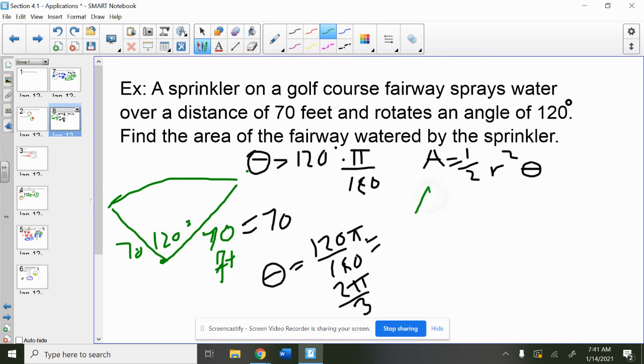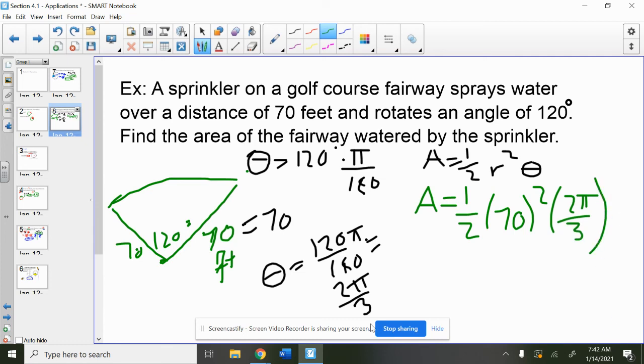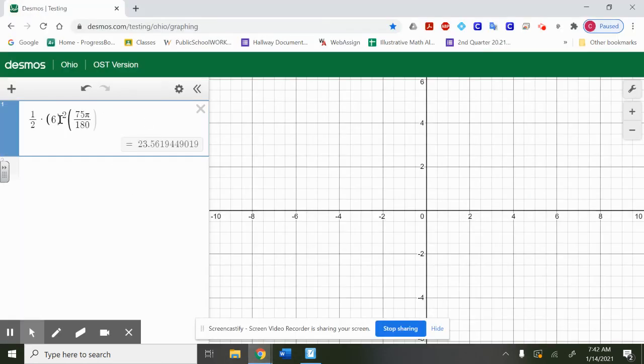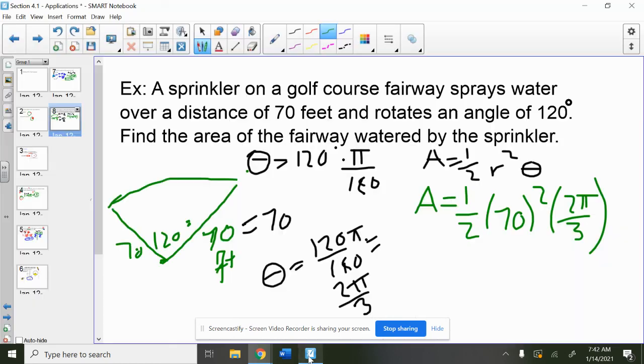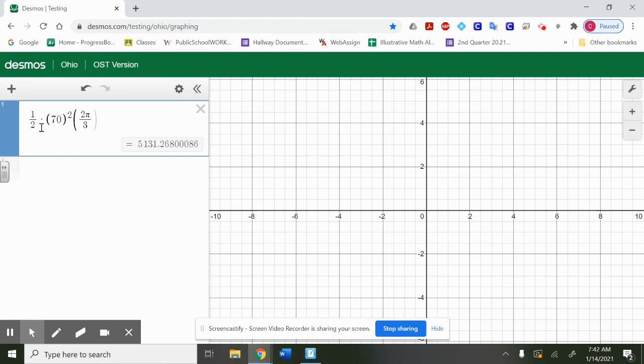So to find the area, I get 1/2. That would be 70 squared. And then I get 2 pi over 3. And I'll tell you how much that fairway was watered. So same thing, I can change out some numbers here. That would be 70. And so that's a 2 pi. And then down here, that's 3. So still checking, making sure we have 1/2 70 squared 2 pi over 3. And so you get that